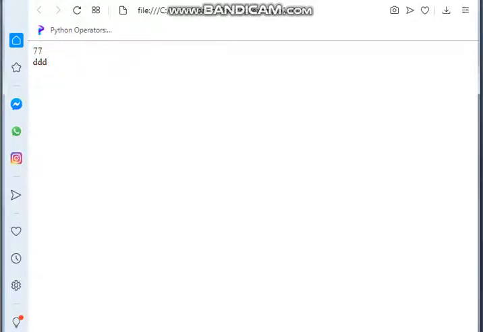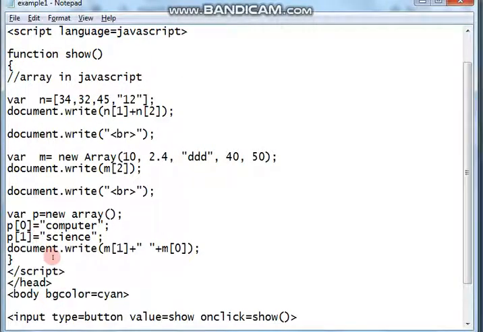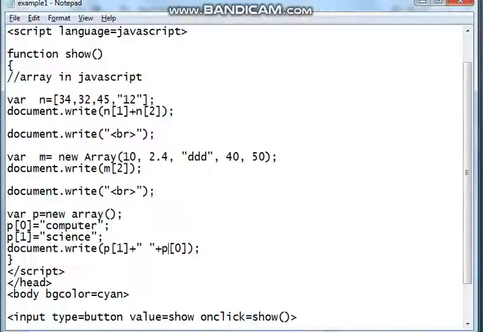77 triple D. Then what about this? It is not printing. I wrote m of m, sorry. So you have to make p and p, p of 1 and p of 0. So let's check now. Still it's not bringing. There might be some problem somewhere.